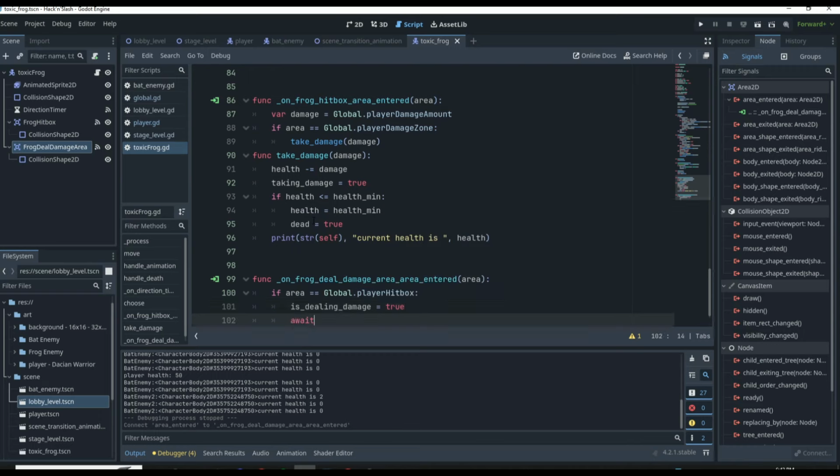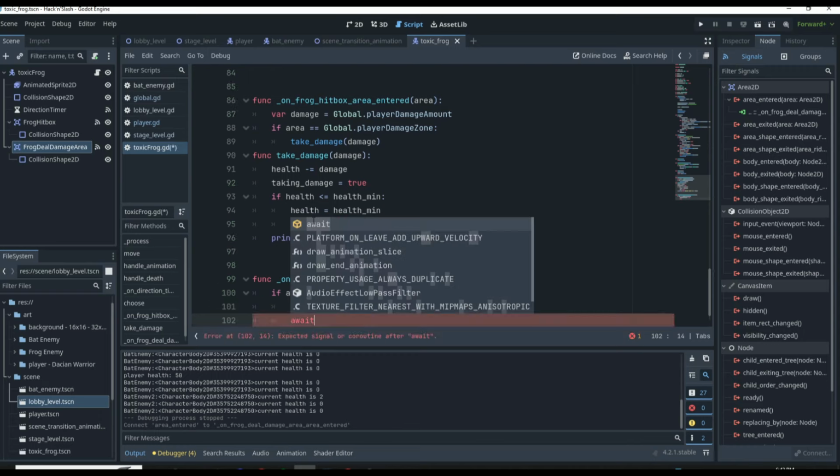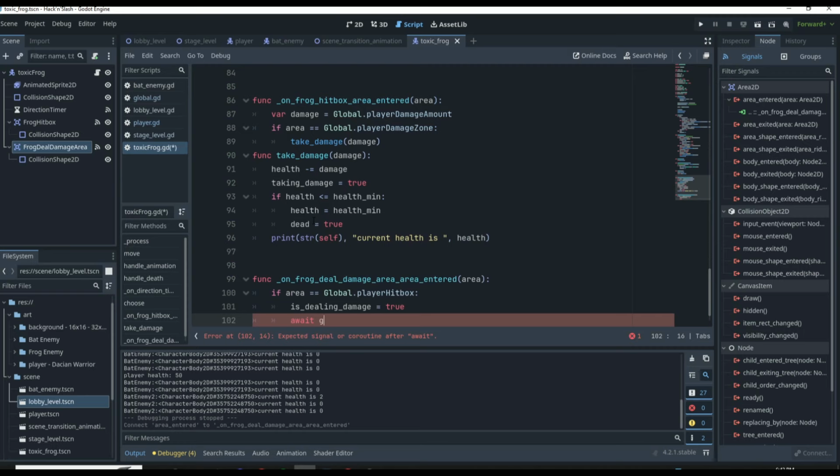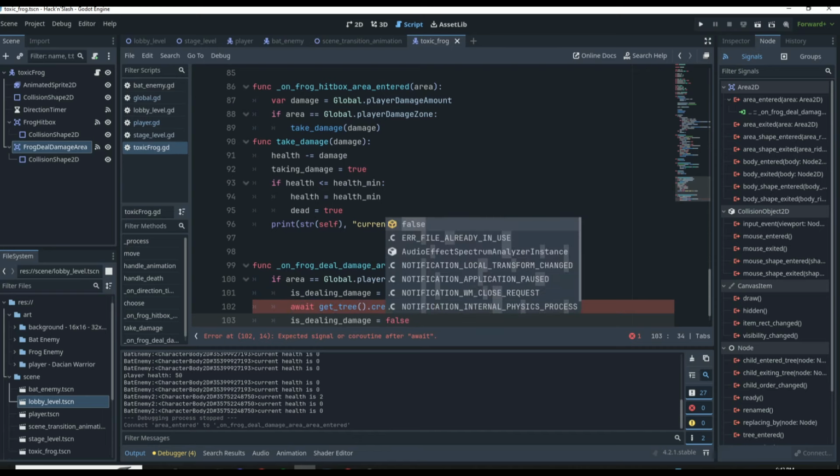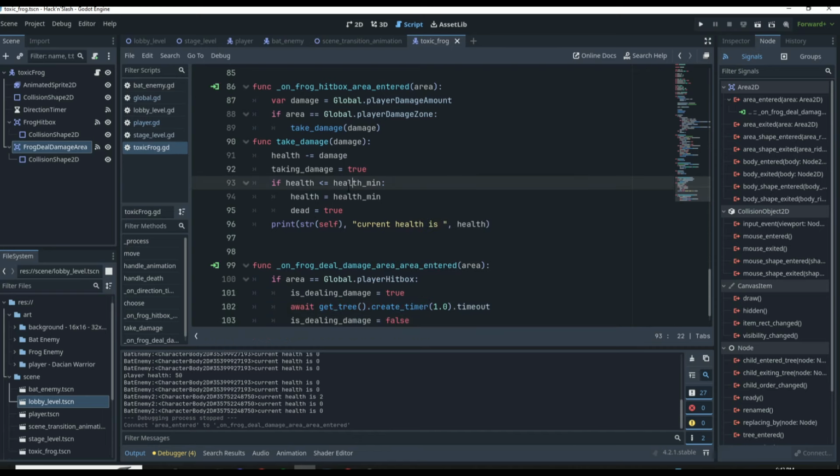And we can say, okay, well, let's set a timer. Let's make it wait for 1 second so that we can't just spam the animation over and over. Get tree dot create timer 1 second and dot timeout. And then once that timeout happens, then we can say is dealing damage is going to be equal to false, just like that. And then we're going to have to make sure that we have our deal damage